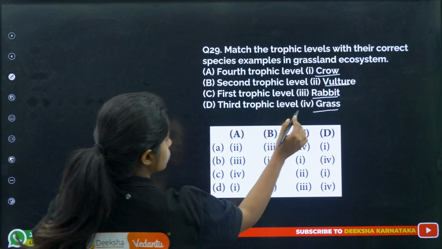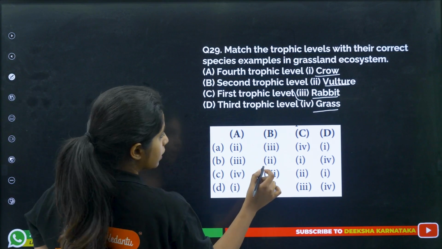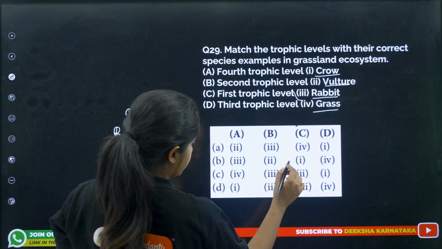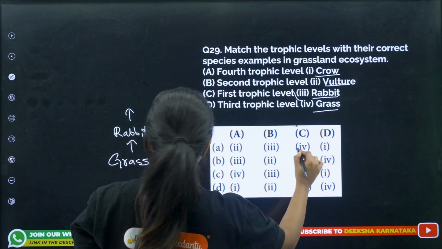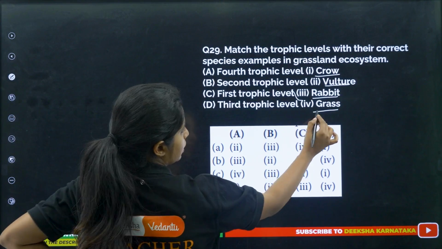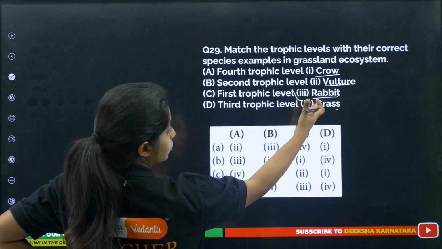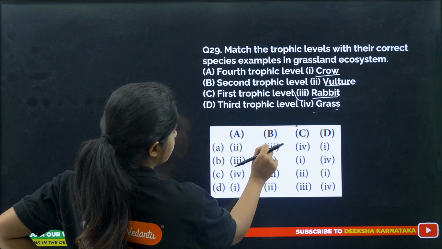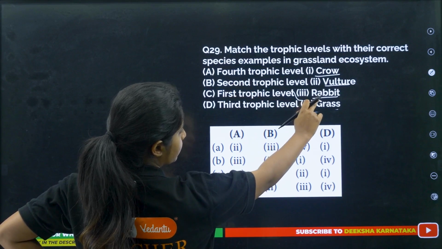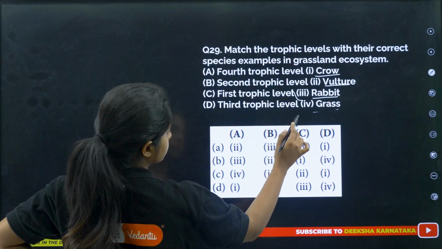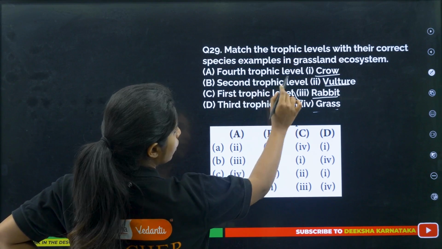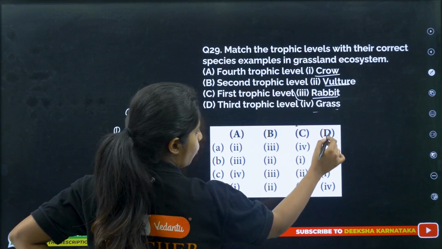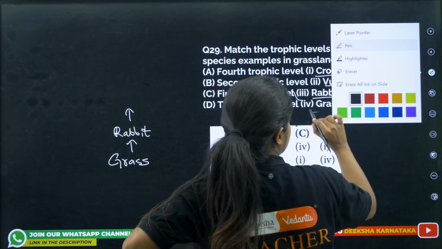Wait. So this is the first trophic level that we are having. 4 is with C. Where is the fourth one? Oh my god, 4 is with C. So this is the one that we are having. Easiest way to look forward. Grass is there. In grassland ecosystems, obviously the first trophic level is occupied by grass. So 4 is with C. B is with 3, that is rabbit, that is correct. Now A is with 2. Fourth trophic level is vulture, and D is with 1. Even though it's confusing, I have not seen a